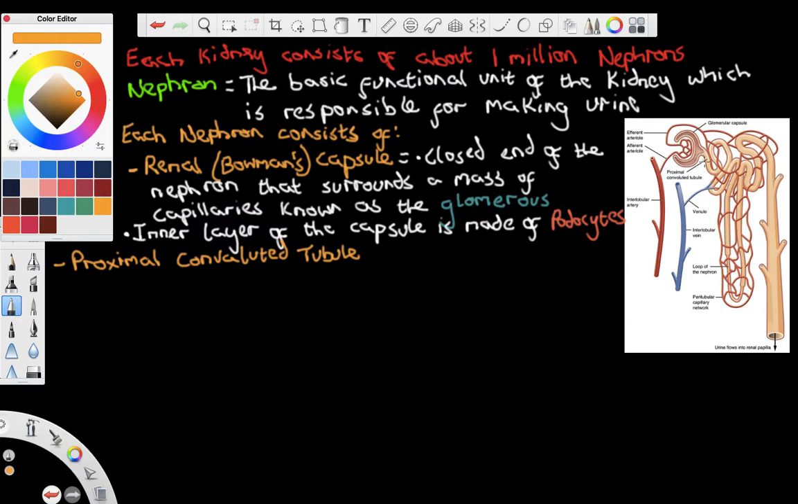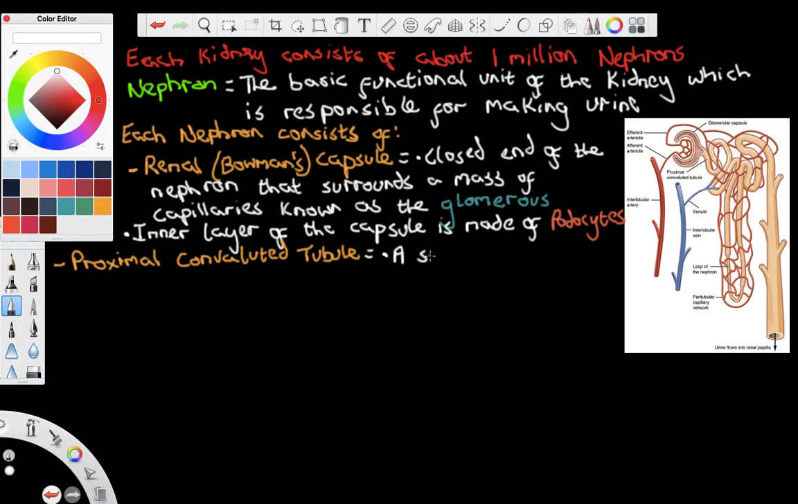The word convoluted means sort of messy, all over the place. So what it indicates is that it's highly folded. Yeah, it's like a squiggly line. Rather than having a straight line, it's all over the shop like that. Okay. So convoluted means that it's sort of looped around. Now the proximal convoluted tubule, we can say that it is a series of loops surrounded by blood